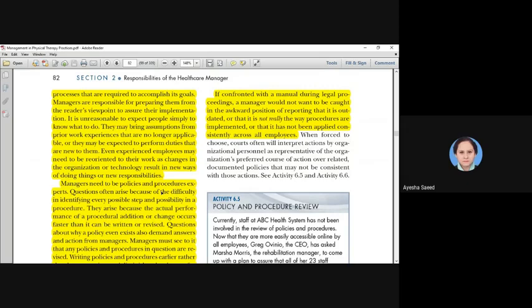Managers need to be policies and procedure experts. Questions often arise because of the difficulty in identifying every possible step and possibility in a procedure. They arise because the actual performance of a procedural addition or change occurs faster than it can be written or revised. So questions are going to be arising. So the managers are responsible for